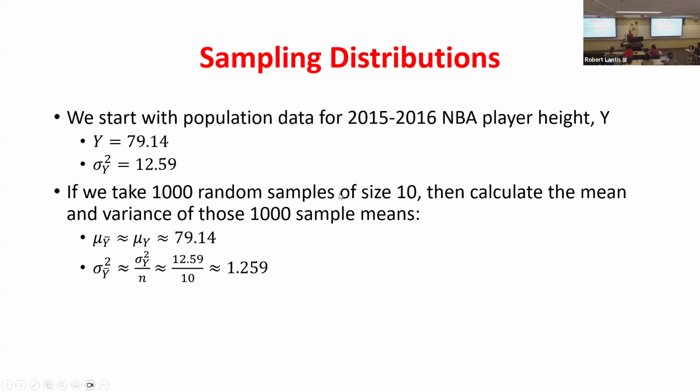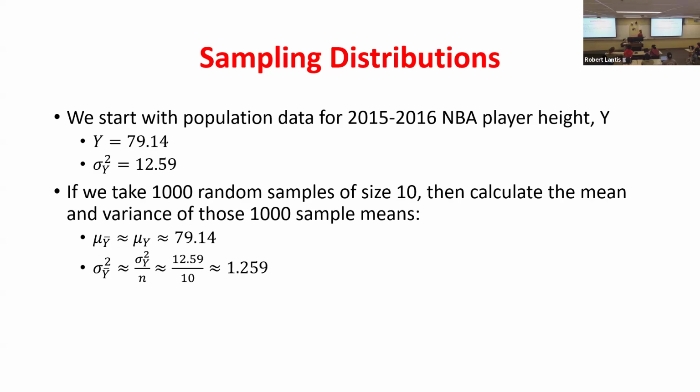So I randomly would select 10 players, calculate their average height, store that in a different data set. Randomly select another 10 players, calculate the average height, store that in a data set. Continue to do that 1,000 different times. Once I had that data set now of 1,000 different sample means, we saw how easy it is to quickly